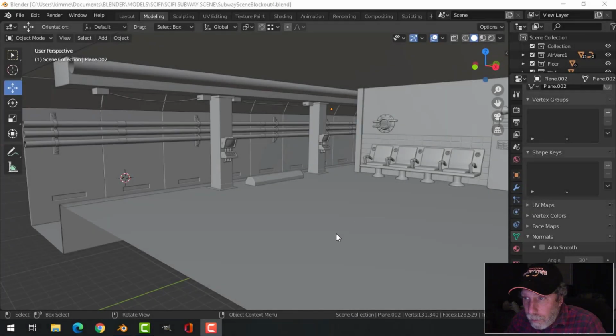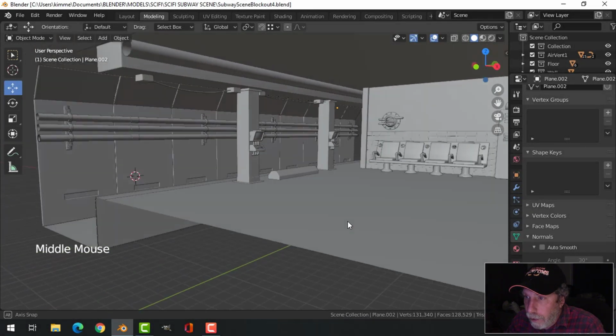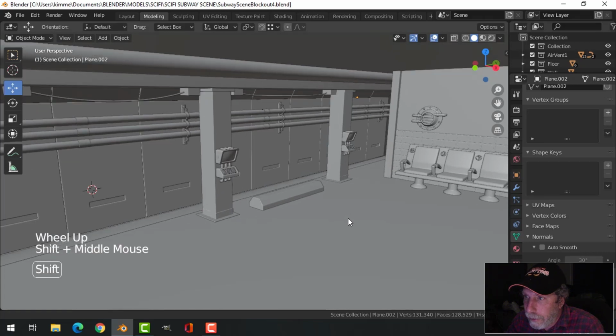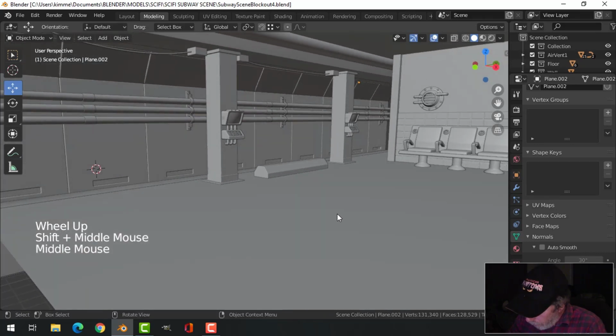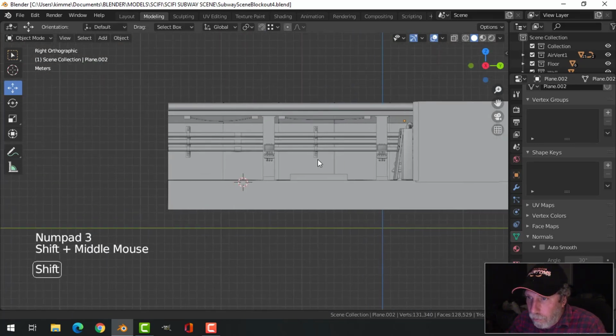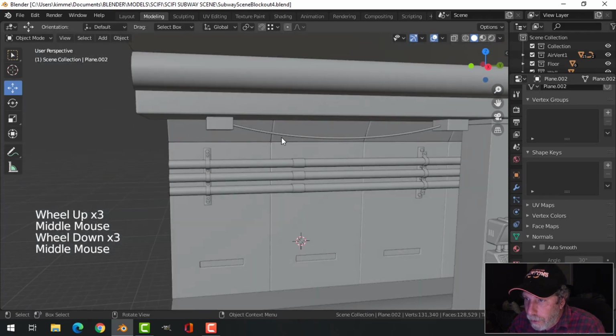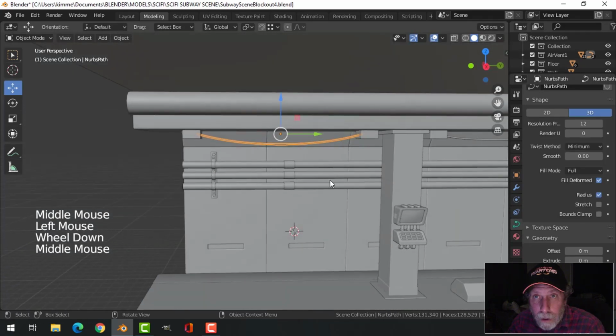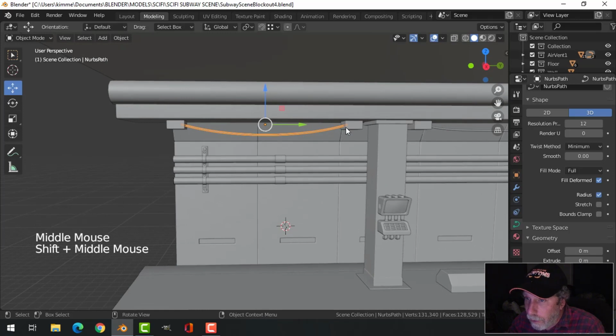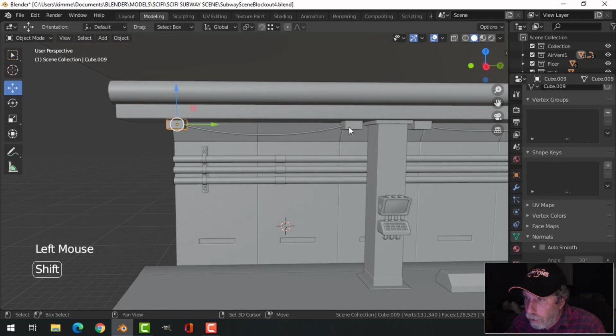I'm going to do just a little bit more work on the subway tonight. I don't have that much time, but I wanted to do a couple of things. First of all, I want to show you when I did these wires here, I just used path, and these things aren't finalized yet. But I want to show you. If you